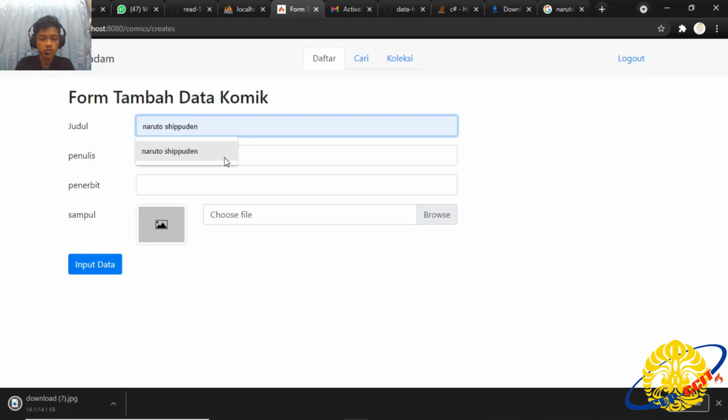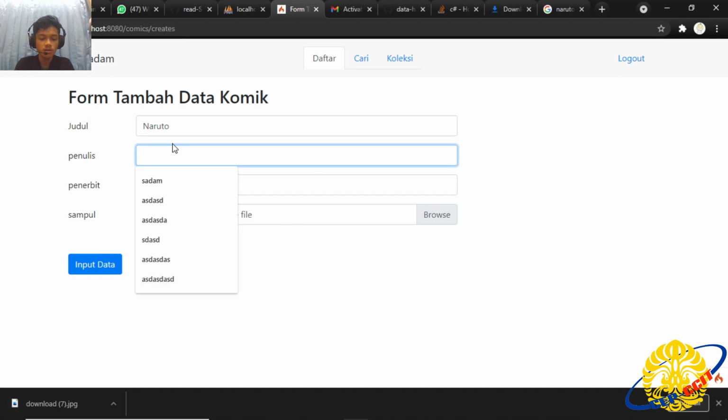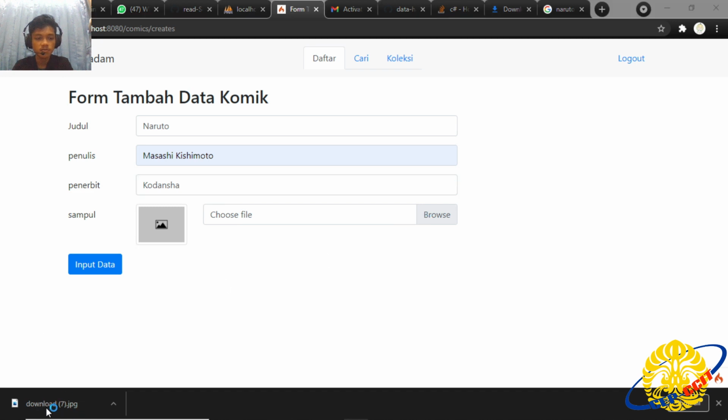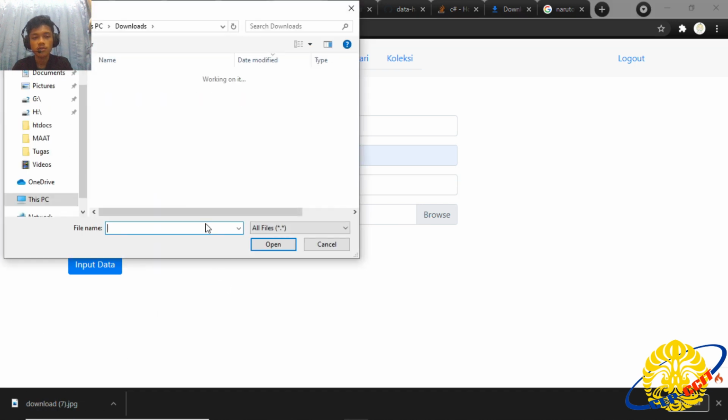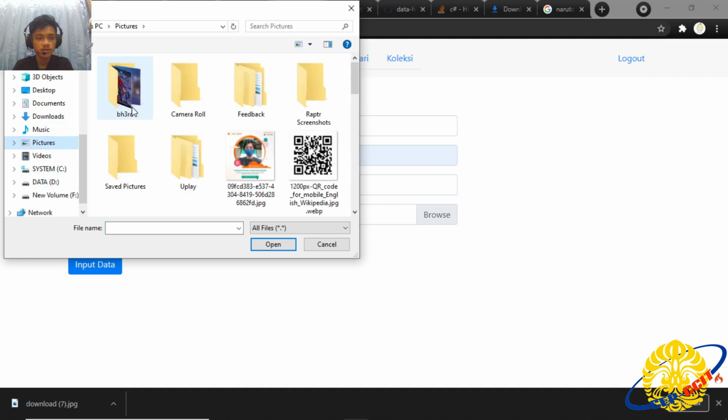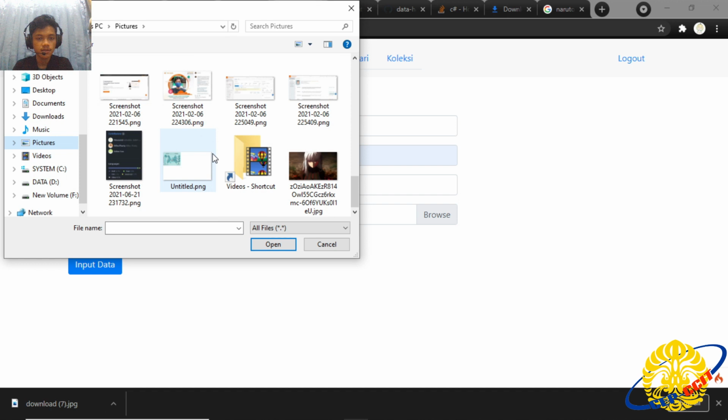Okay, now let's put in our name. The title is Naruto. The writer, let's say this one. For the publisher, we can use Kodansha for the name. And let's choose the file that we downloaded before. Let's navigate to pictures and find it.